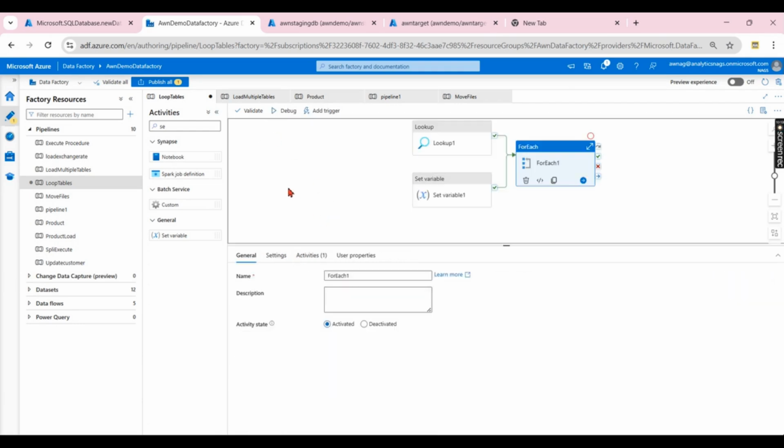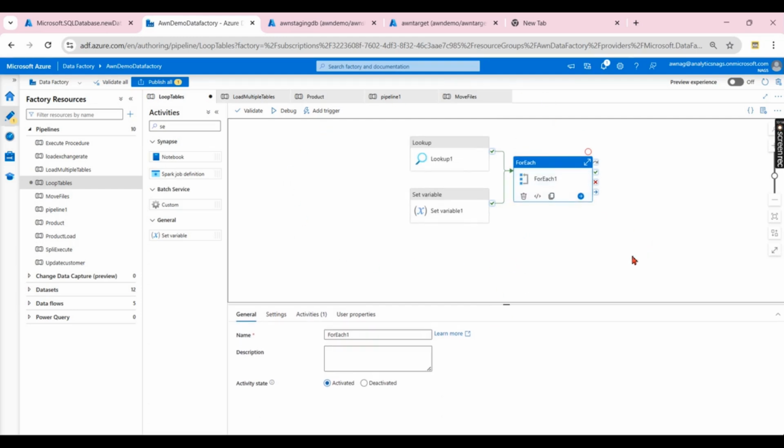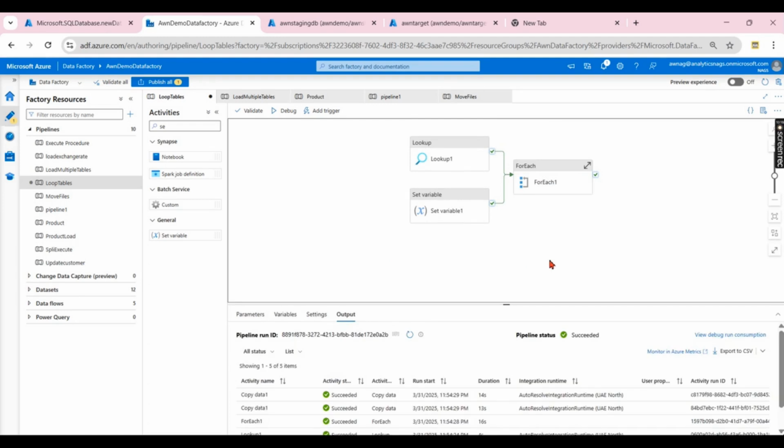So there are a lot of use cases for this variable. I will leave it with you to explore, but you can use this variable for